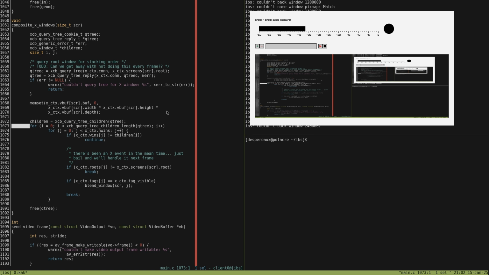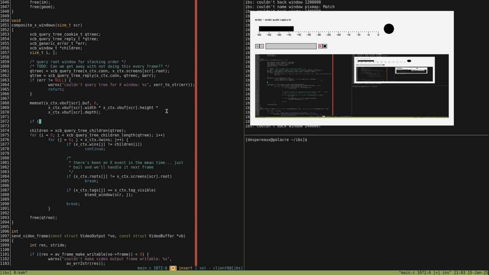So if you click that button, what will happen? What will actually happen at the moment, if you have multiple screens, is it'll render all of them into the same clusterfuck image. But I think, oh, we already have a memset here. How about that? And that's the video buffer. I think we might even just go if